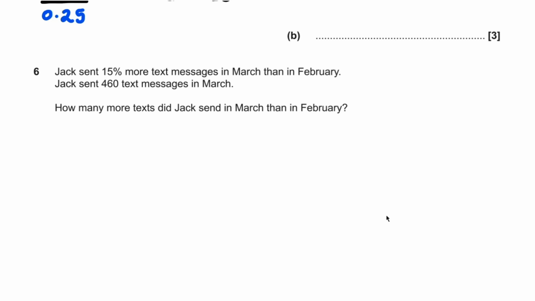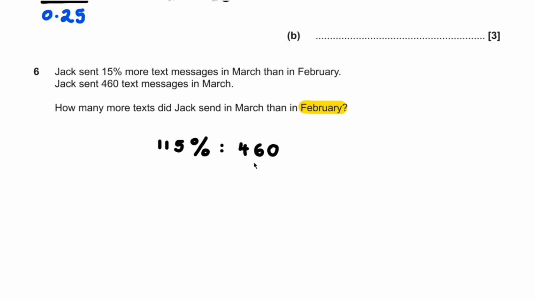Question number 6. Jack sent 15% more text messages in March than in February. Jack sent 460 text messages in March. How many more texts did Jack send in March than in February? So, if we've got 15% more texts in March than in February, in March we have 115%, and that corresponds